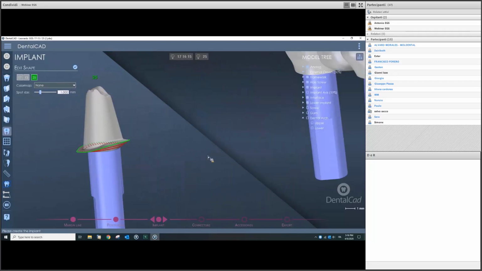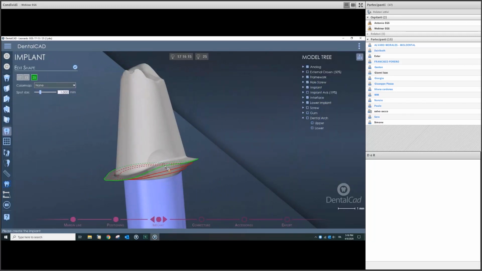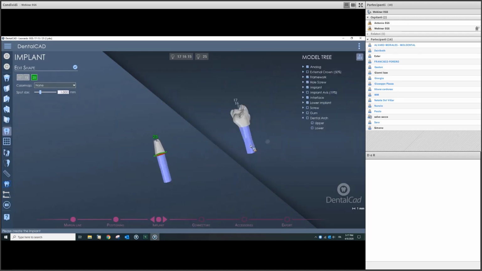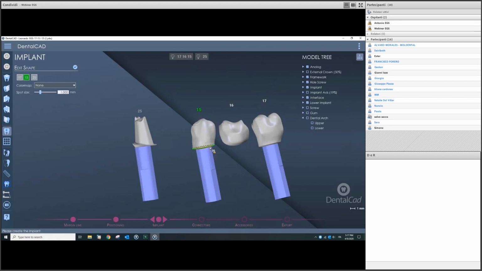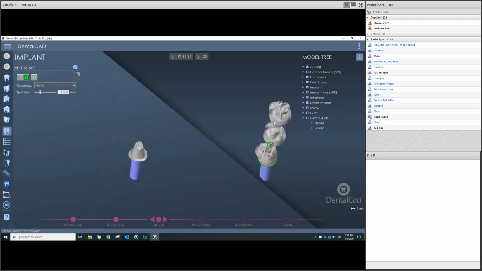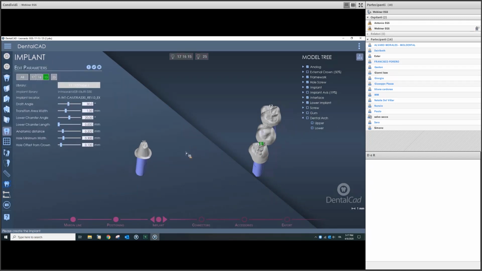I can modify manually if I want, and even for the screwed implant, like this, with the Alt and left click, I can change some parameters,